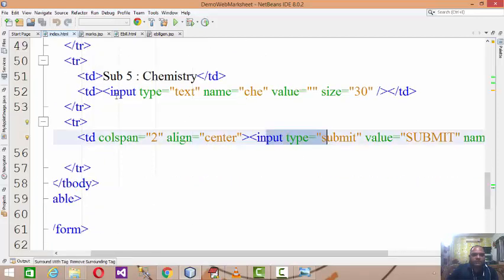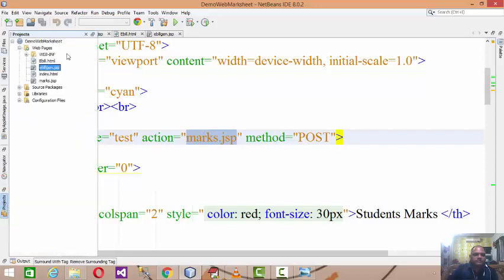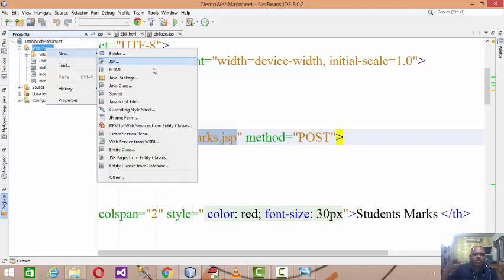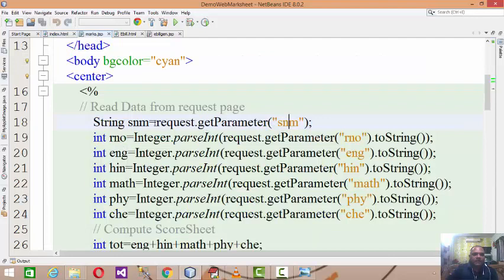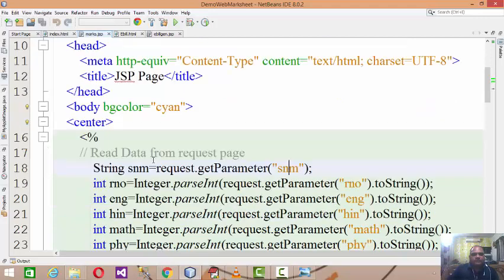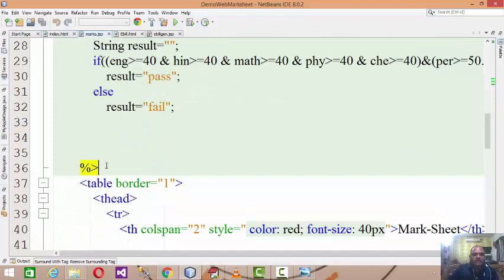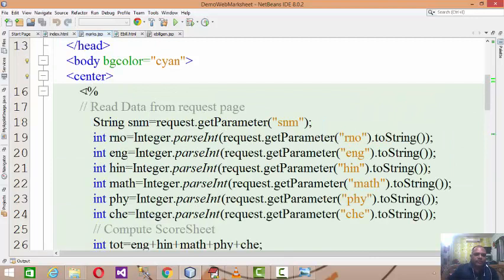Okay, so now here in this case I have all the subject marks and input type equals to submit. So once I submit this data, that data is going to be posted to the server, and the server page has the name marks.jsp. So what I'm going to do, I have to add a server side. After designing this form, I have to add a web page called marks.jsp, right? And in the marks.jsp, as we already discussed in the previous sessions, while adding the server side code,